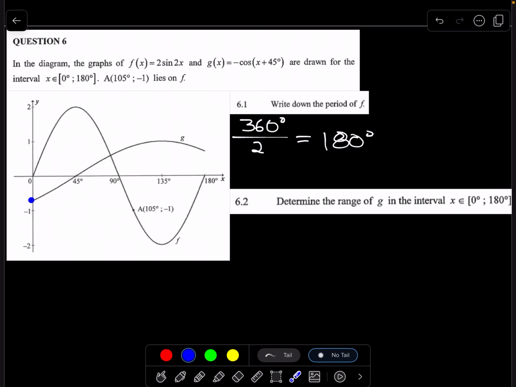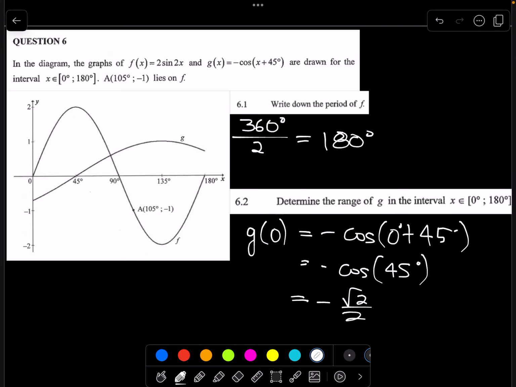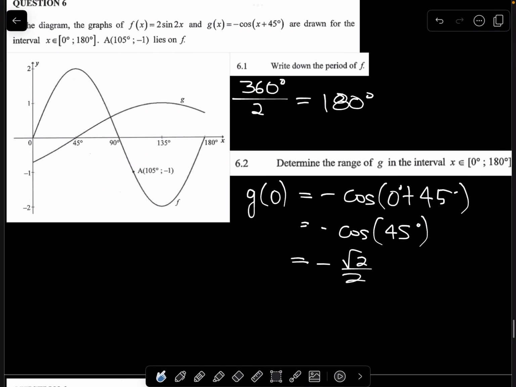So we need to figure out the y-intercept of the graph. So let's do that. We're going to figure out what is g of 0. So that is minus cos of (0 plus 45). So that is minus cos 45. And from our knowledge of special angles, it is that. So therefore,